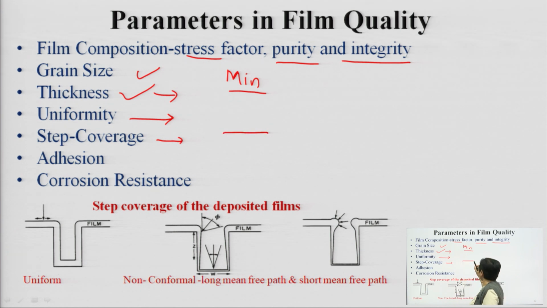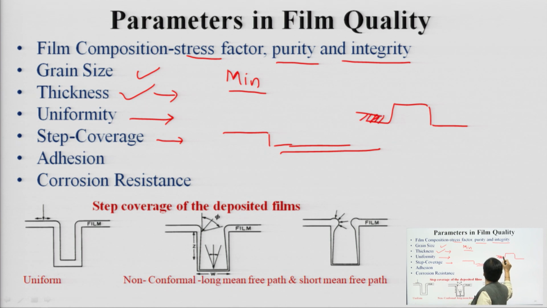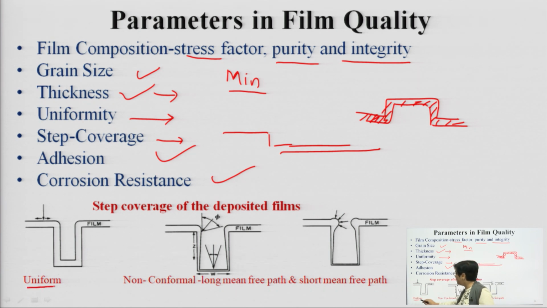The wafer surface may not be uniform, you may have some steps on the wafer surface. So, the layering of the film should be uniform, it should get uniformly deposited over the entire steps available on the wafer surface. It should provide good adhesivity and good corrosion resistance. In many situations you call it conformal growth, which means throughout the trench the uniformity is maintained and the film is proper.